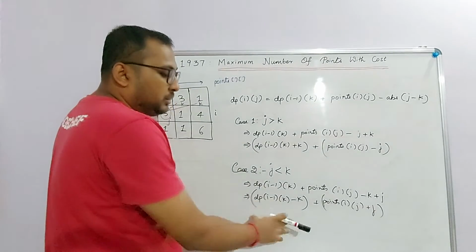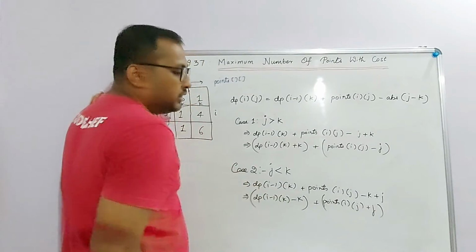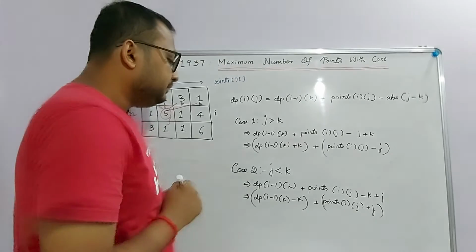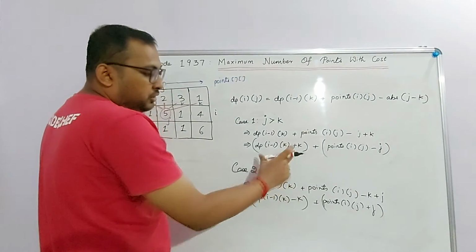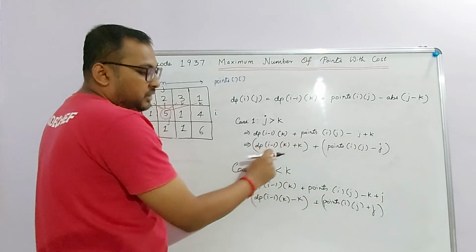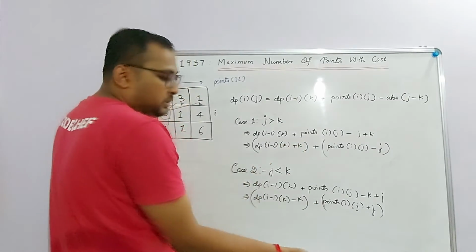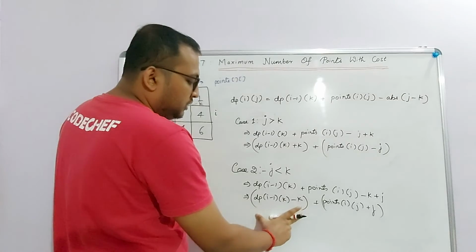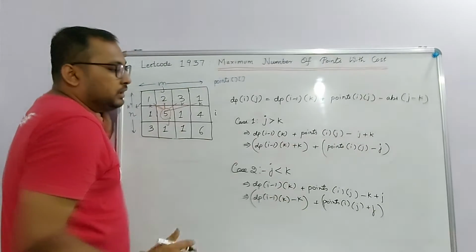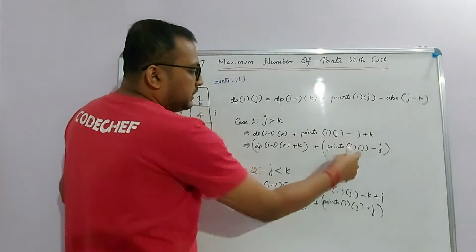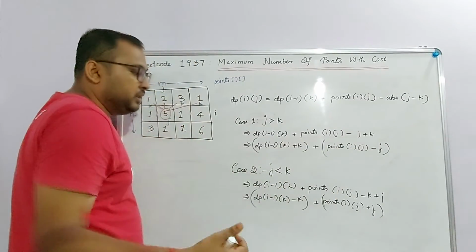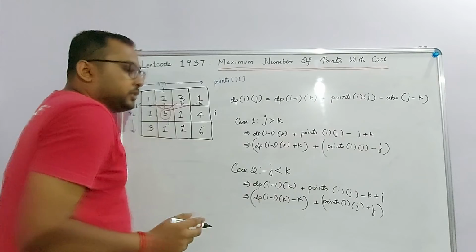So it's similar to sub problem 2 where we had this particular equation. If you have simply a left prefix array and a right prefix array, where the left consists of these possible values of dp of i minus 1 k plus k, and the right array consists of all these values of dp of i minus 1 k minus k, then in one single iteration we can just take whatever the values left plus this or right plus this, which is the best possible value at a particular index j. So that's how we solve it.